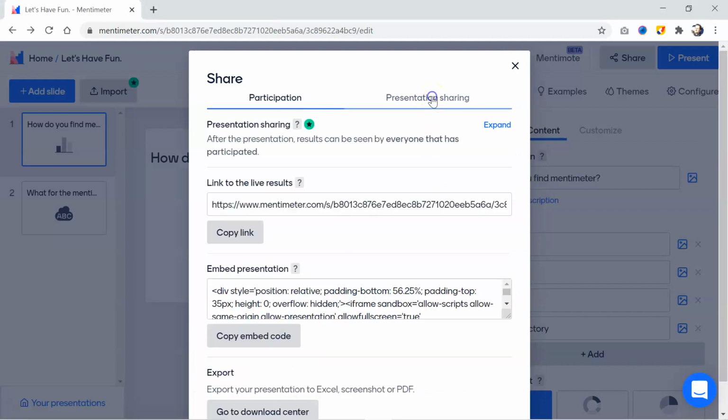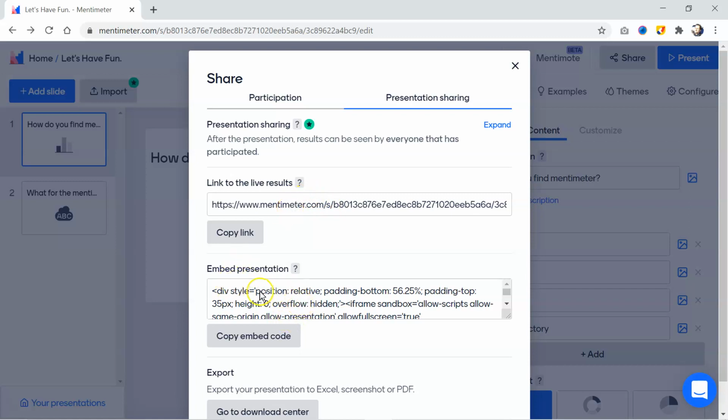Another is for presentation sharing options. After the presentation, results can be seen by everyone that has participated, and the link for live results can be copied from here and circulated among the audience also to show their results.